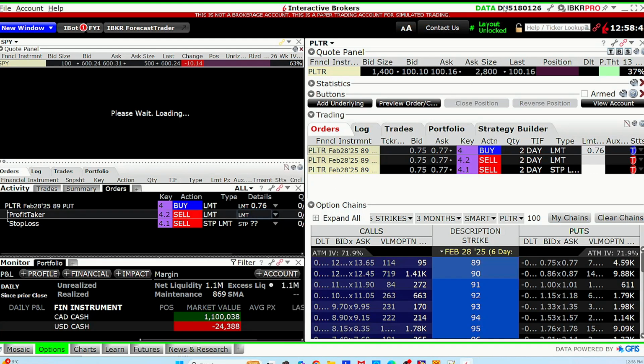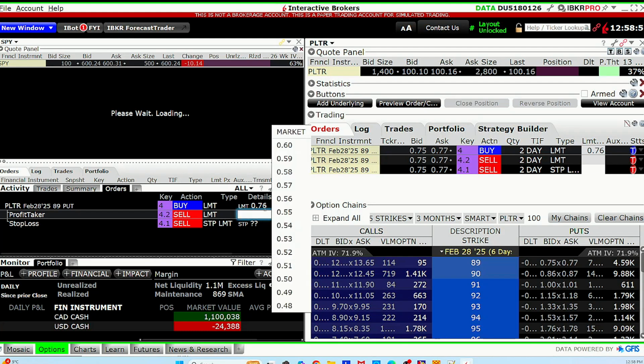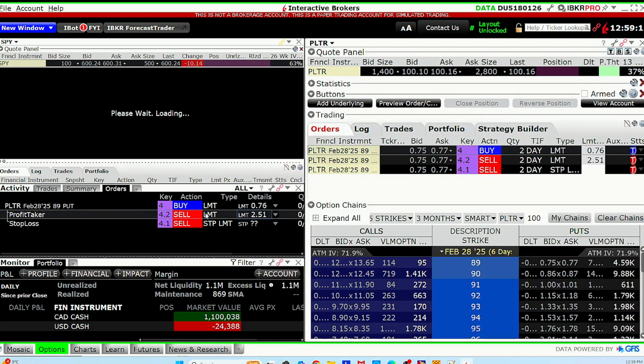Okay, now the market is closed, so they are not showing you, but you're buying something at 76. Your profit taker will already be 76 plus 1.75, so 0.76 plus 1.75 is 2.51. Since it's a put option, the moment the option you're buying at 76 cents gets to 2.51,